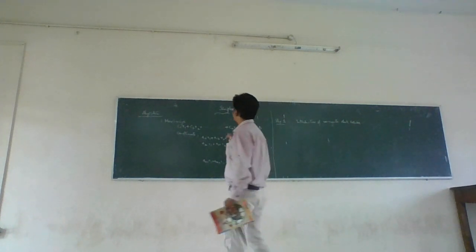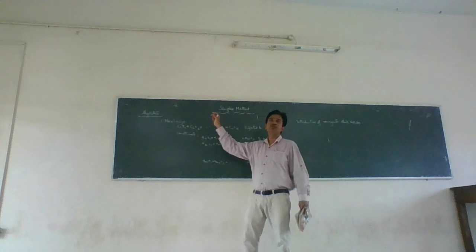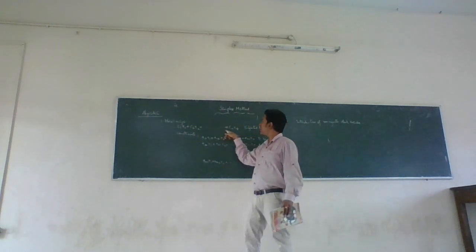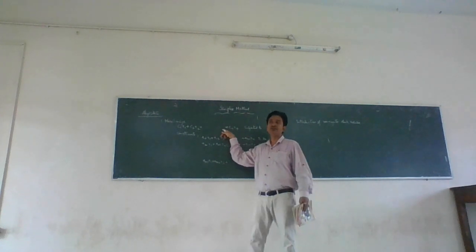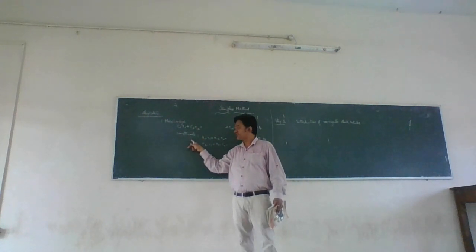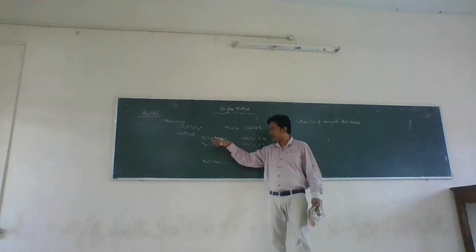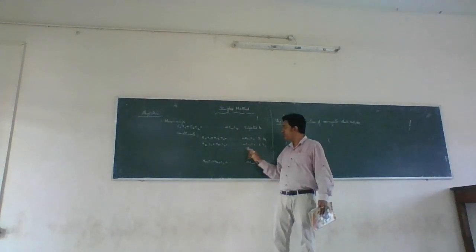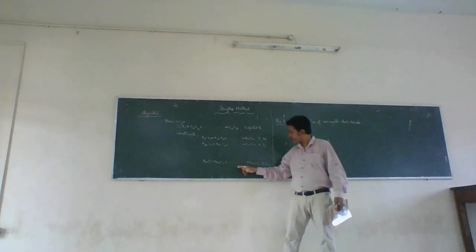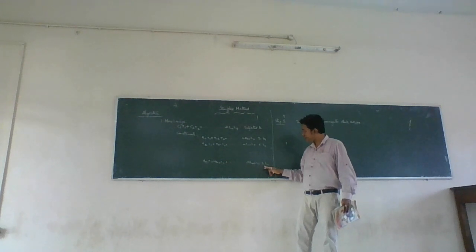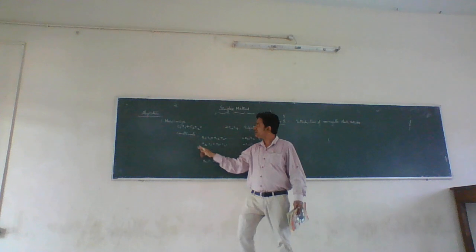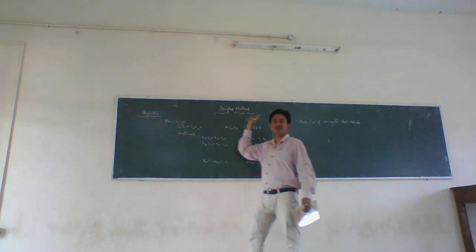Let us look at the simplex method. Your objective function will be c1 x1 plus c2 x2, and so on, up to cn xn. This is your objective function with given constraints. Constraints are a11 x1 plus a12 x2, and so on, less than or equal to b1, a21 x1, and so on, less than or equal to b2, and so on, up to am1 x1 and so on, amn xn less than or equal to bn. If this is your objective function, and these are constraints, and you want to maximize, the algorithm says